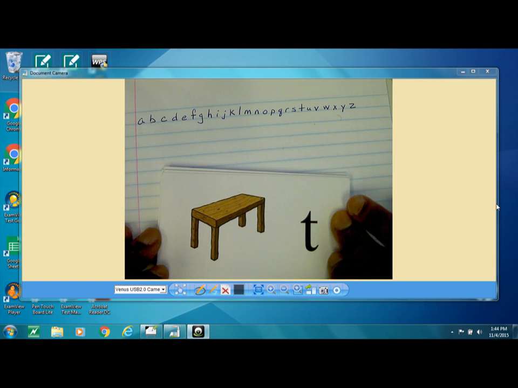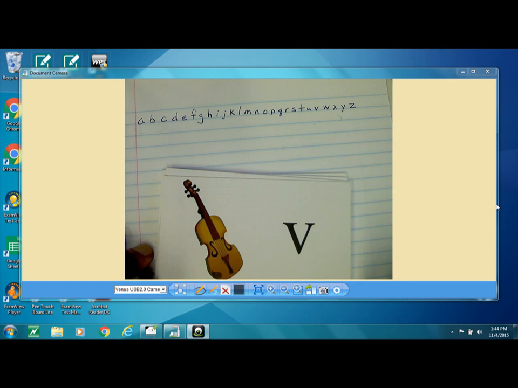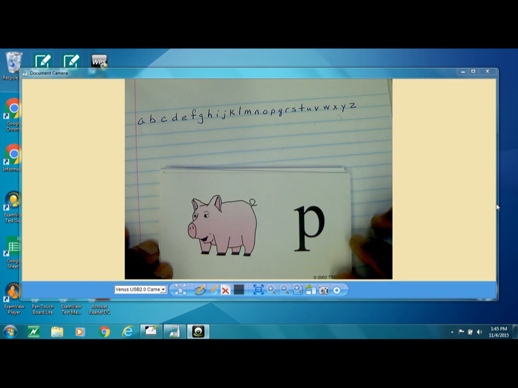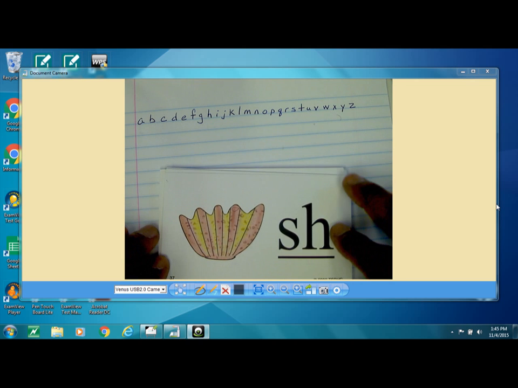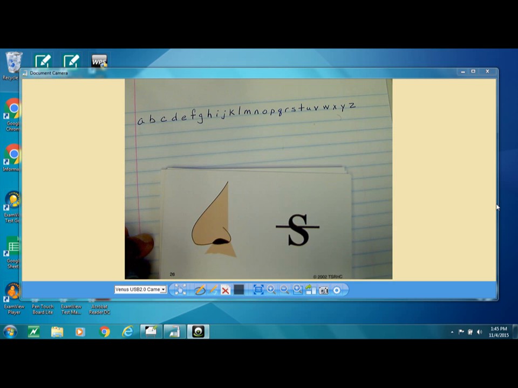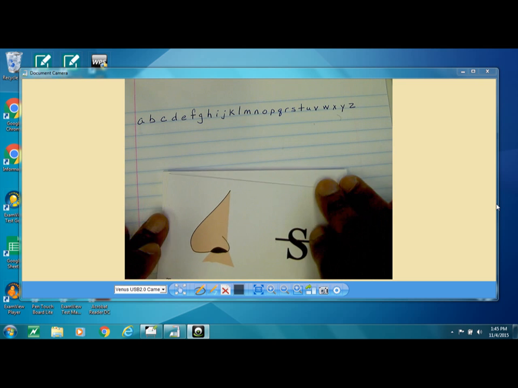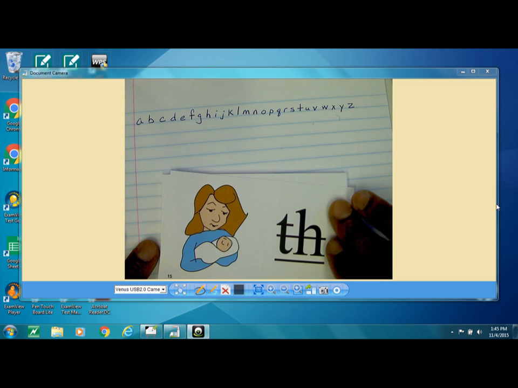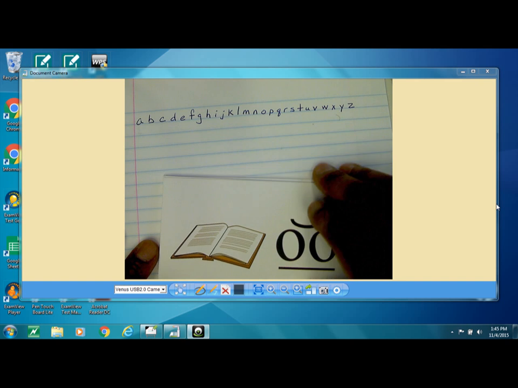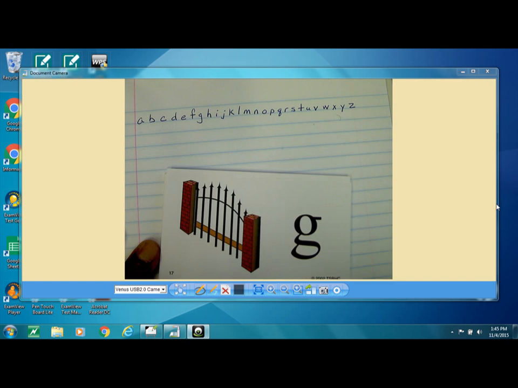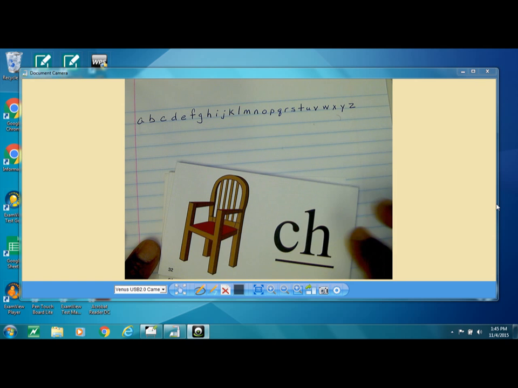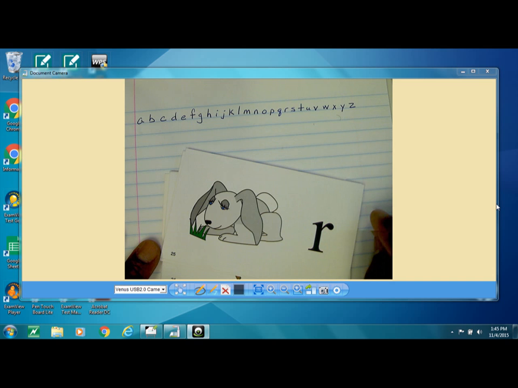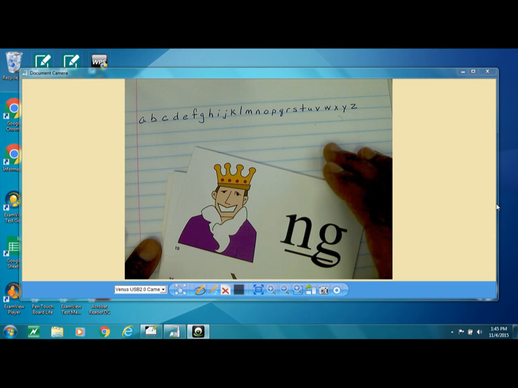table, t, igloo, I, violin, v, kite, k, pig, p, shell, sh, sock, s, nose, z, thumb, th, mother, v, book, moon, oo, gate, g, chair, ch, elephant, e, rabbit, r, king, ng,